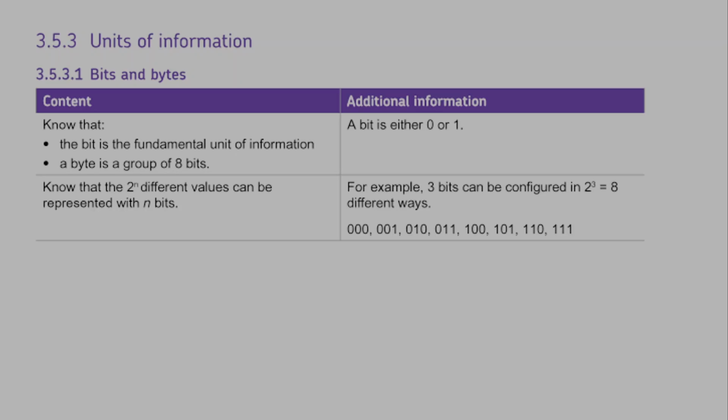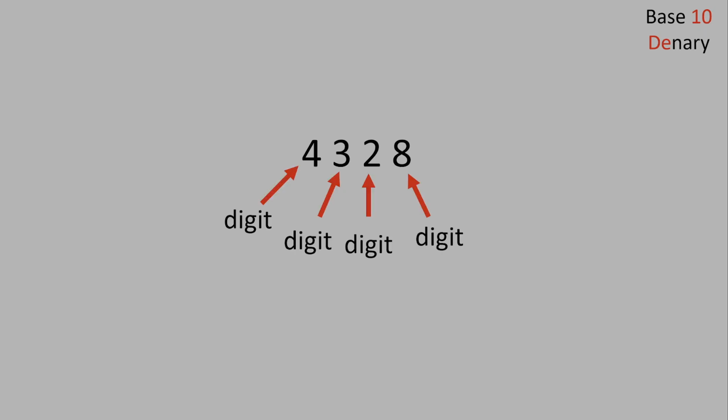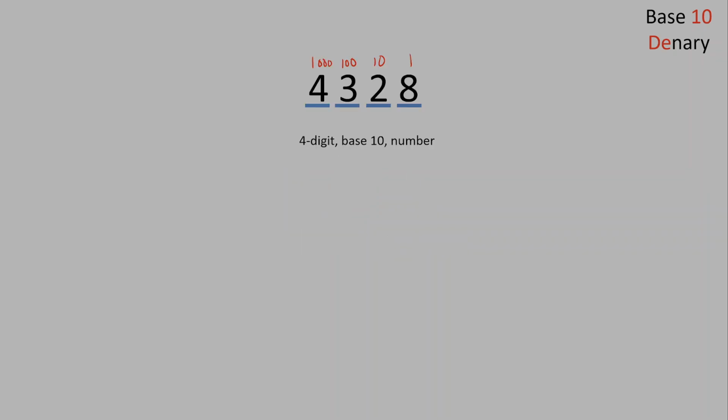Okay, so now we move on to bits and bytes. Now if we start in base 10 denary, we have here a 1, 2, 3, 4 digit number. So we can refer to this as a 4-digit base 10 number, and that's because we're using the base 10 system for our place values and to dictate the number of numbers that we can use, 10 of them, 0